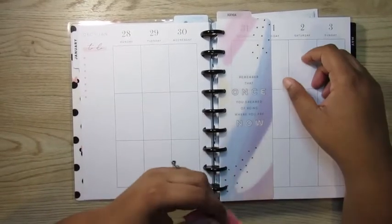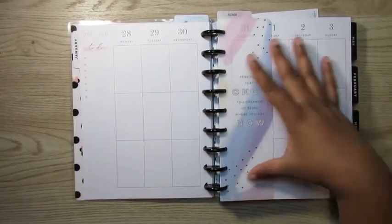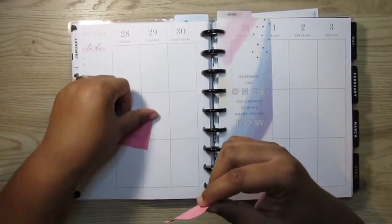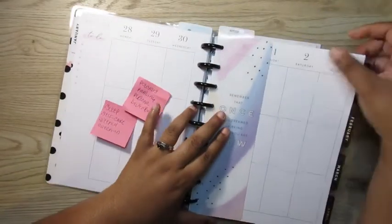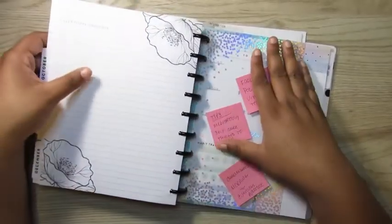Also, any podcasts that I may want to listen to, any reading that I may want to do, any personal development that I want to do, that's all going to be in this planner. Like I said, this planner is more of a tracker than anything. So we do have our months and our weeklies going all the way through,